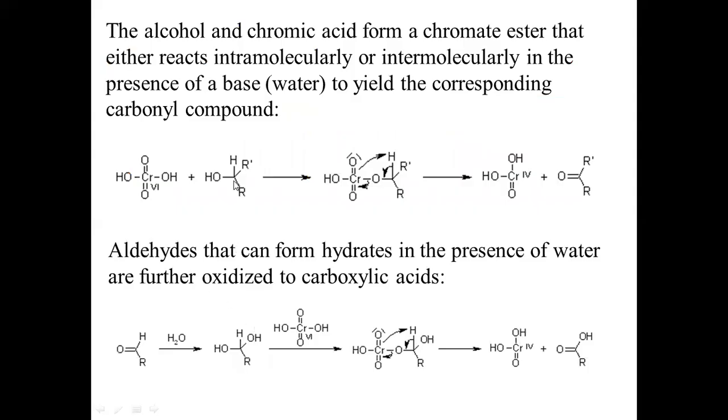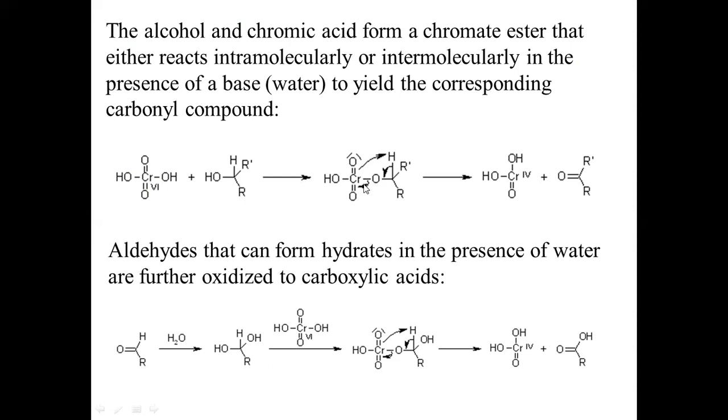So this is an alcohol. First, this alcohol reacts with the chromic acid. In this, chromium is in +6 oxidation state. Now chromic acid combines with the alcohols. It may be a primary or secondary alcohol. When it is combining with alcohols, the first step of this mechanism is the dehydration, removal of water molecule.